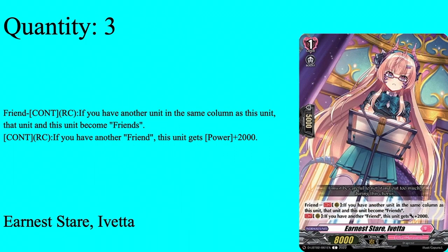Then we have 3 copies of course, Monasterio Veta, grade 1, boost, 5k shield, 8k base. Friend, continuous rearguard circle: if you have another unit in the same column as her, whether that unit has friends or not, that unit and this unit both become friends. So if you put her behind Vanguard circle, she will forever be in friends. And then, continuous rearguard circle: